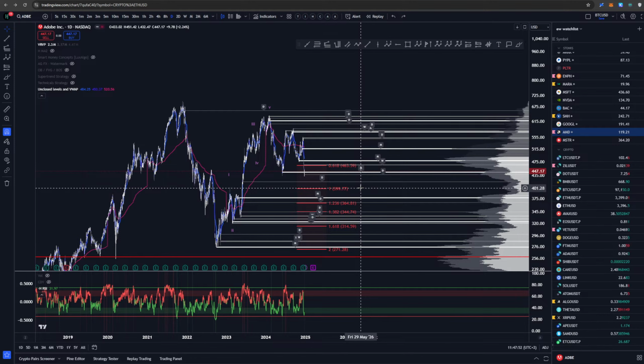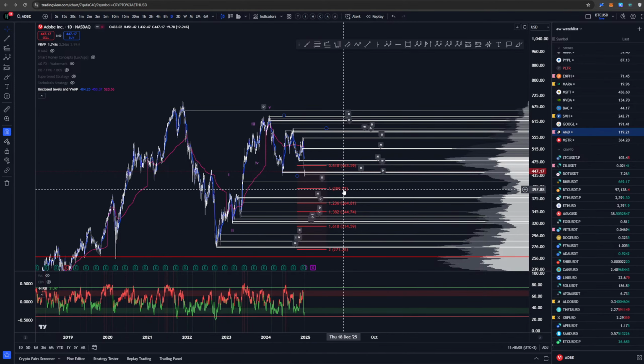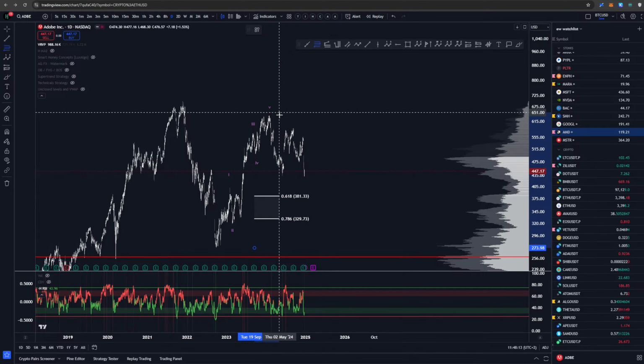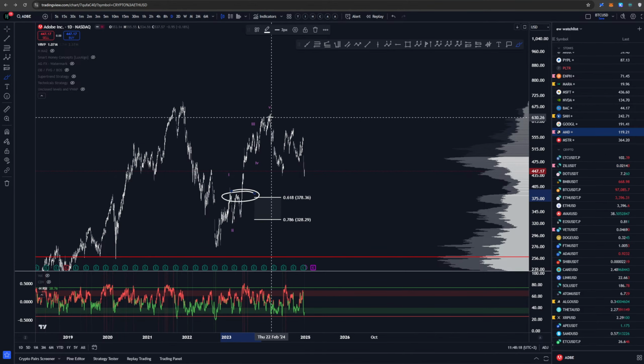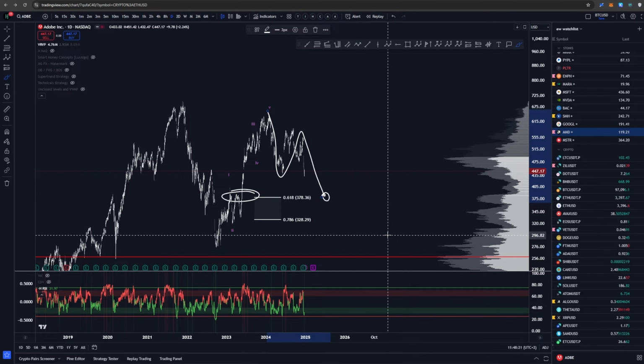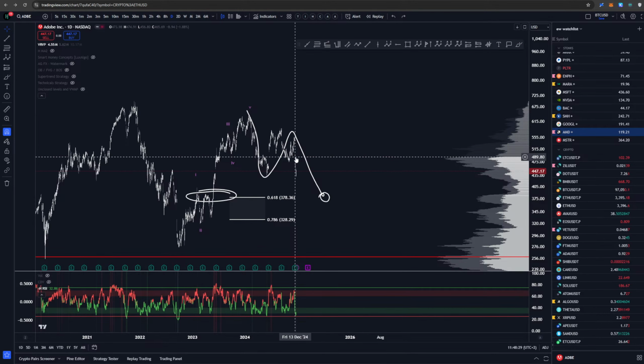If I was to look for longs on this, I'd still be waiting and looking to add somewhere in here. But maybe on like not trading but investing more, because this is still quite high. It's the 0.618 as well, so it's the golden pocket here with the 1-to-1 extension, and a bit more volume than before. So that is definitely an area where I could be looking for setups.